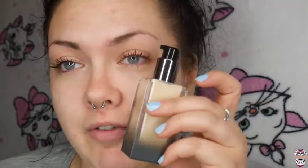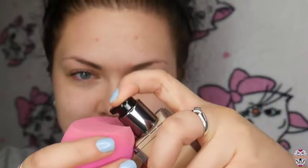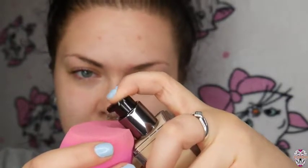It looks like it's gonna be a fine colour, a fine match, but we'll have to see. So I'm just gonna put some on here. You've got to keep pumping till something comes out. Oh, now I'm going to do 3, and I hope it's not too much, but it's looking good. I've heard really good things about this foundation, and I'm really excited to see if it's as good as everyone says it is. So let's dab it in. Oh, piercing. Okay,